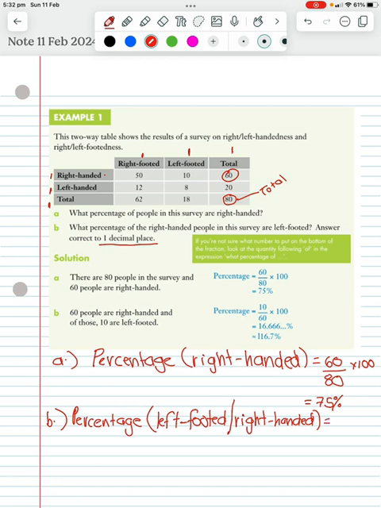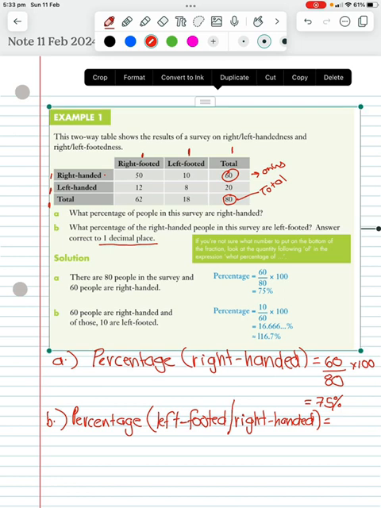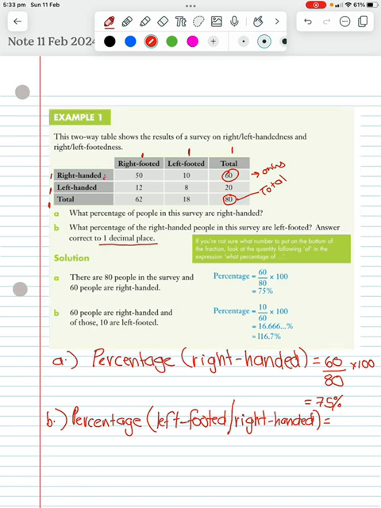So I'm going to write my equals. So I'm going to look at my right-handed row only. So only this one here. I want the left-footed people of them. So if we look for right-handed and left-footed, there is 10. We're going to divide it by the total of right-handedness because there's that condition. So it's going to be 60. And then we're going to multiply by 100 because there's 100% in a whole. 10 divided by 60 multiplied by 100 is going to give us